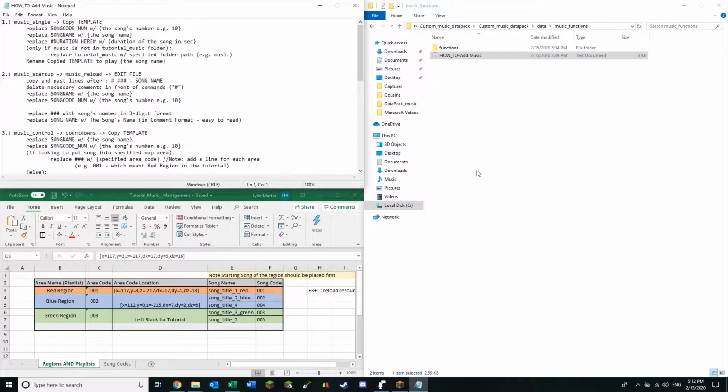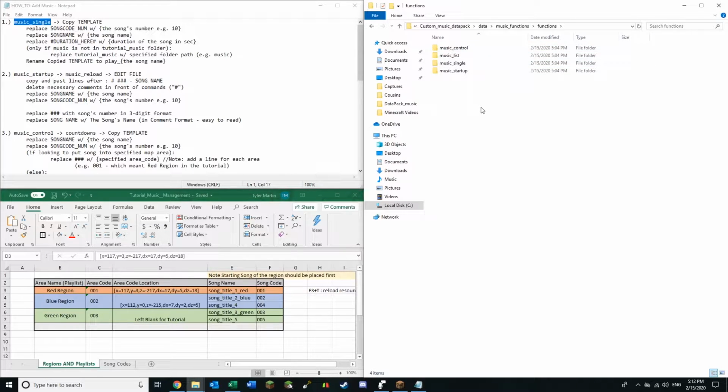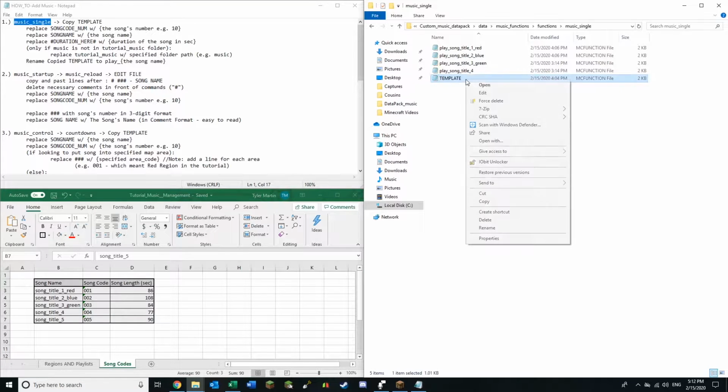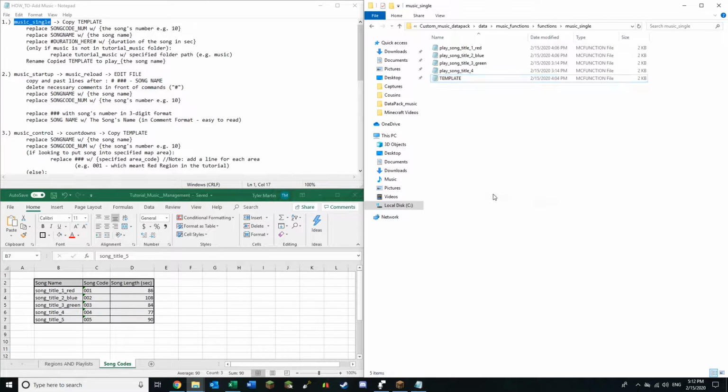So now we have this How to Add Music notepad. We'll look into Music Single Copy Template. So if we go to Music Functions, we use these 4 folders, which is the only folders we'll actually need to use. So I'll go into Music Singles, and then the music that we're missing on this is Music 5. So we go to Song Codes on our Excel document, you'll see that Music Song Title 5 is missing on this. So I'll go ahead, copy this, paste it,